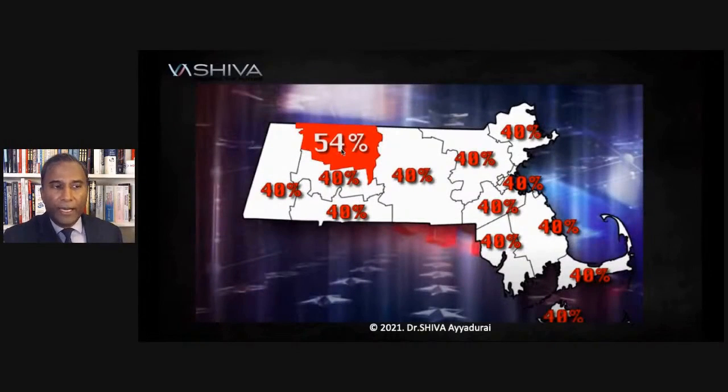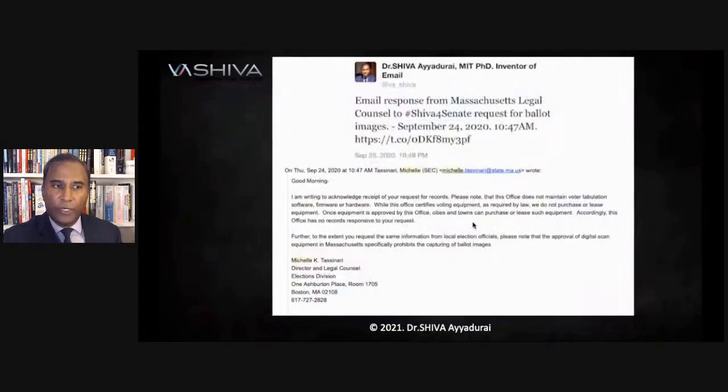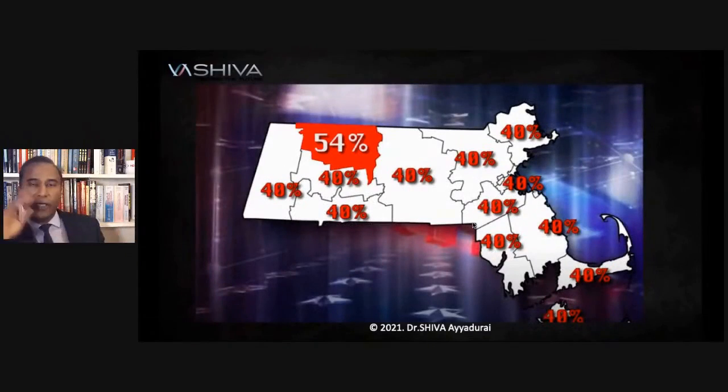So here I'm winning in the hand counted, but everywhere else I'm losing by 60-40. So as a part of this, I went to the Secretary of State. You can point here, John. I went to the Secretary of State because on the electronic machines, I wanted the ballot images, because if they don't save the ballot images, they did that because they wanted to hide the fact computer